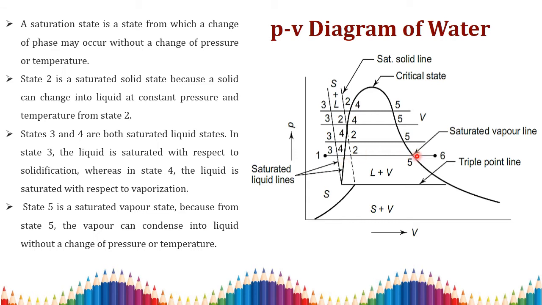Okay, this 5 to 6 is your superheated steam. So this is your saturated liquid line and this is your saturated vapor line. At atmospheric pressure, at 1 bar pressure, they can draw the line like this. And at the second pressure, they have drawn a line like this. And at the third pressure, they have drawn the line like this.